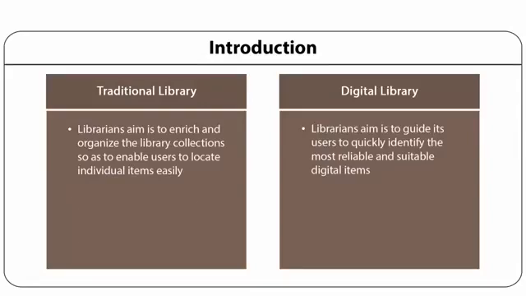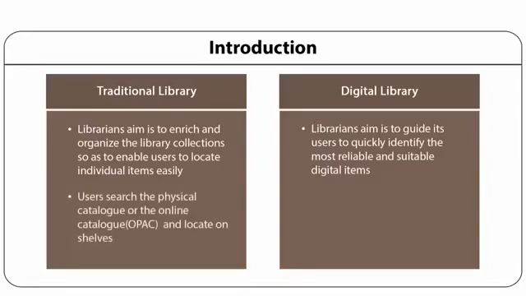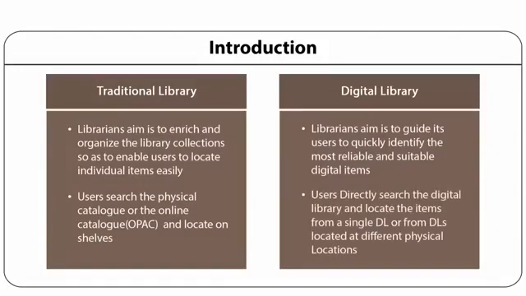In traditional library, the users search for their desired information sources by searching the physical catalog or the online catalog that is OPAC in case of automated libraries and locate them on the shelves. But in case of digital libraries, the digital items may be available on a number of servers distributed on different physical locations. The interface of a digital library is the sole medium which directly interacts with the users for discovering the collection and content stored in a digital library and catering the information needs of its users.